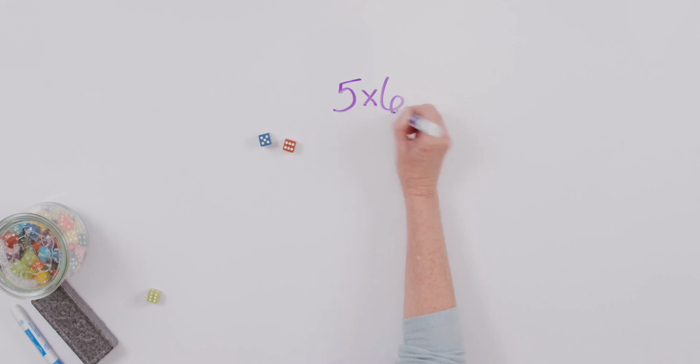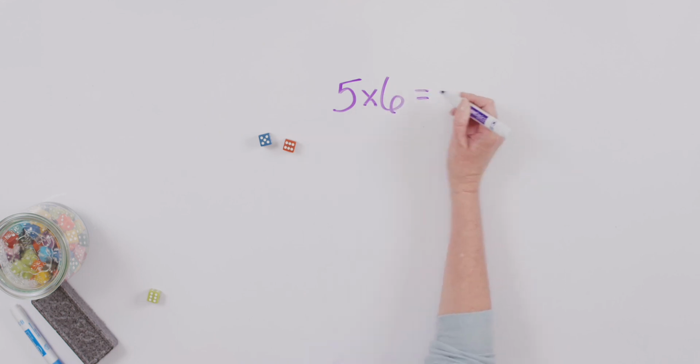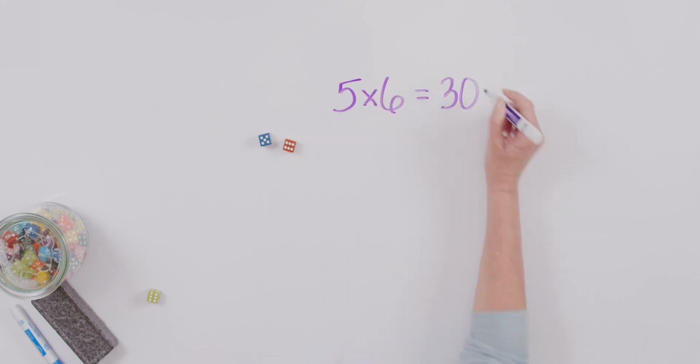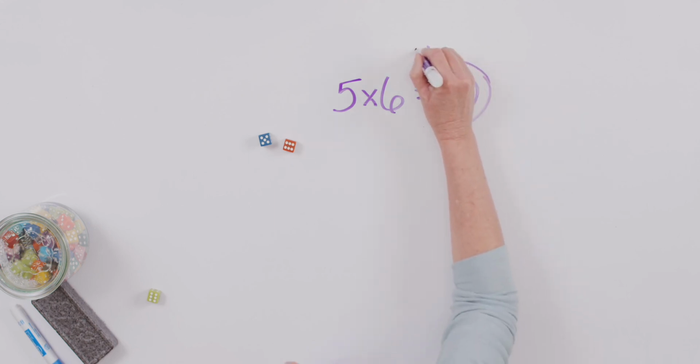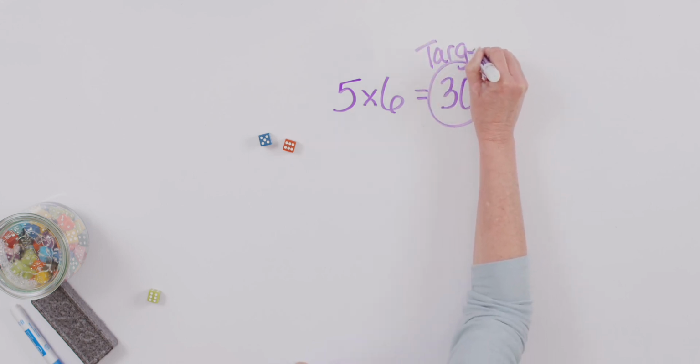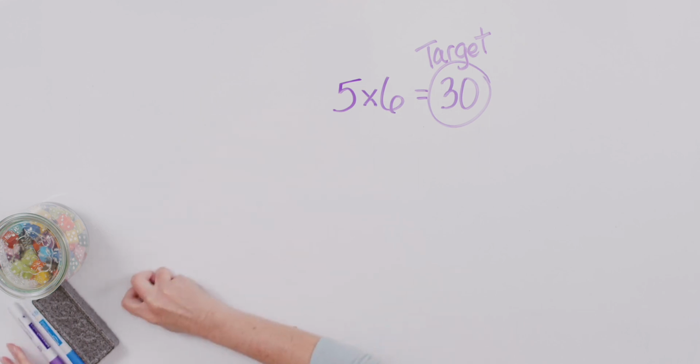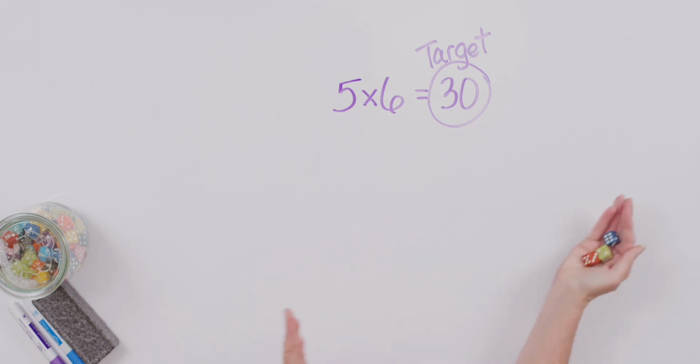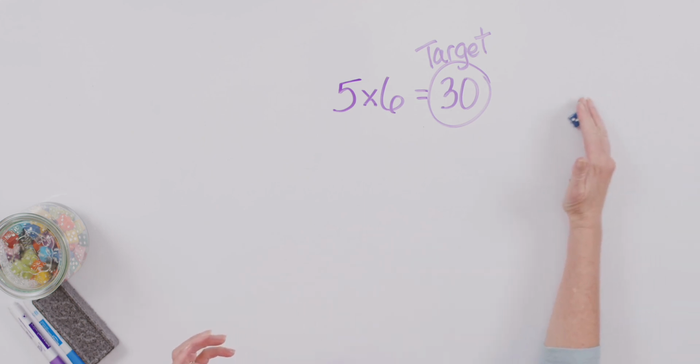So when I say product, what am I going to do? Good. I'm going to multiply them. So 5 times 6 equals great, 30. So 30 is my target number, okay? So that's my target. Now, I'm going to take all 3 of my dice, roll them together, and I'm going to get